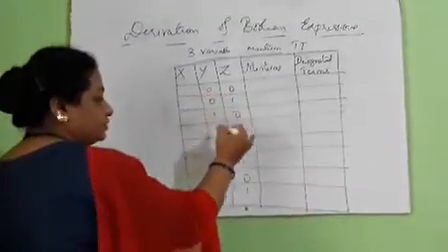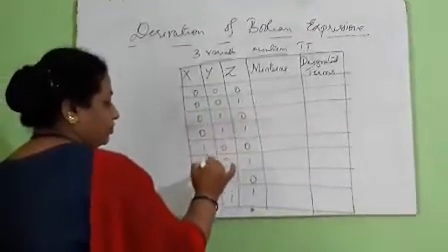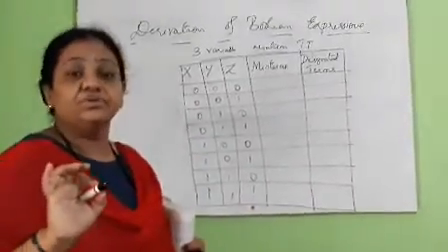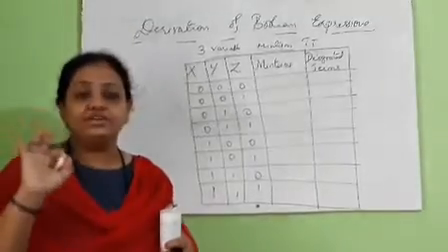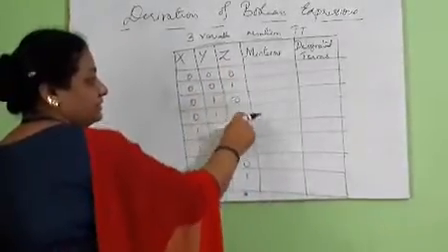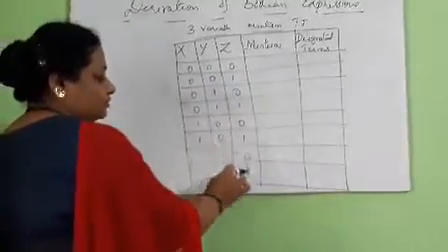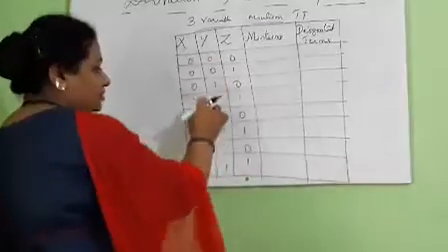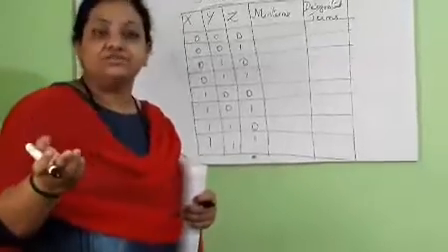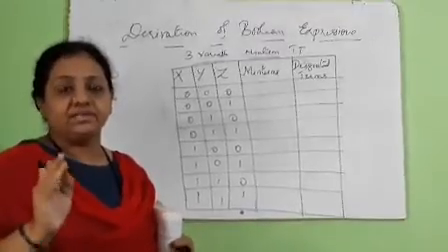So here 2 zeros, 2 ones, 2 zeros, 2 ones. Here it will be 4 zeros, 4 ones. Fine everybody? This is the easy method to construct a truth table. You need not remember, just change the values. The last variable changes 0, 1, 0, 1, 0, 1, 0, 1. The next column changes with 2 zeros, 2 ones, 2 zeros, 2 ones. The next column will be 4 zeros, 4 ones. If there is one more variable, we will look into it in the next topic, where we construct a truth table for 4 variables. That time I will help you to construct the truth table.